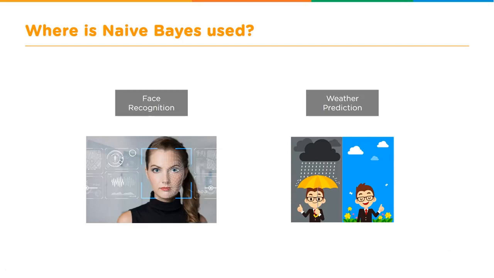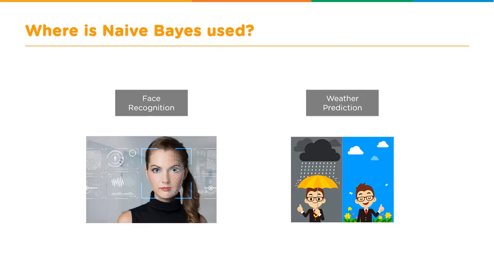Where will this Naive Bayes application be used? There are a few applications. The first application could be face recognition, where the given image will be recognized, and the mathematical model will try to find out the features from the image. What is the size of the eye? What is the size of the nose, and where it is placed, the coordinates, and the size of the lips, where they are placed. Then it will combine all the features to form a rough image and match it using template matching or pattern matching, and check whether the given image is X or Y, whoever it is.